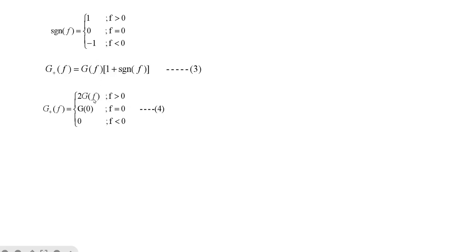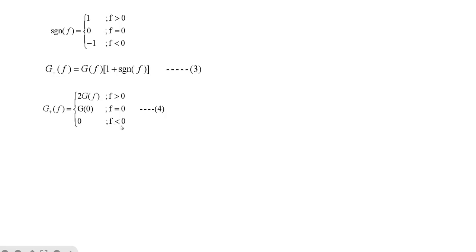But instead of writing g of f, we will write it as g of 0 because here the f value is 0. Next, for f less than 0, the signum function is minus 1. So we'll substitute the signum function as minus 1. 1 minus 1 will be 0. 0 into g of f will be 0. So this is nothing but the pre-envelope for the positive frequencies. So from equation number 4, we can see that the pre-envelope of the signal g plus of t